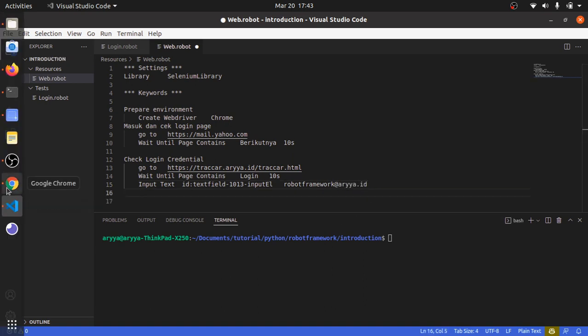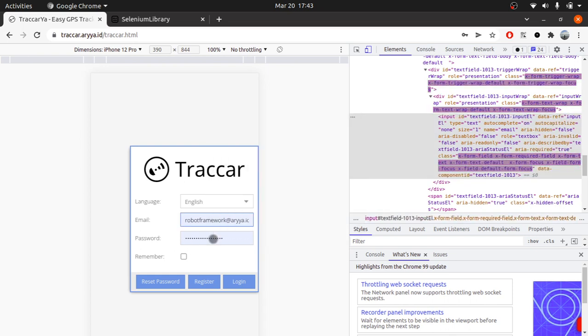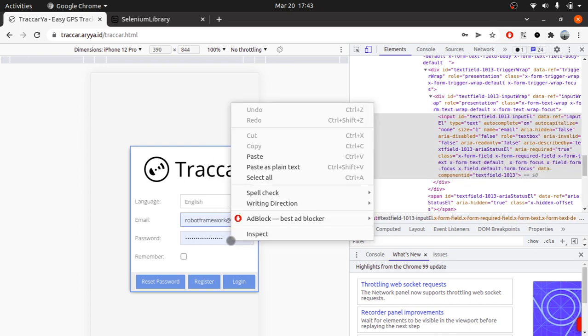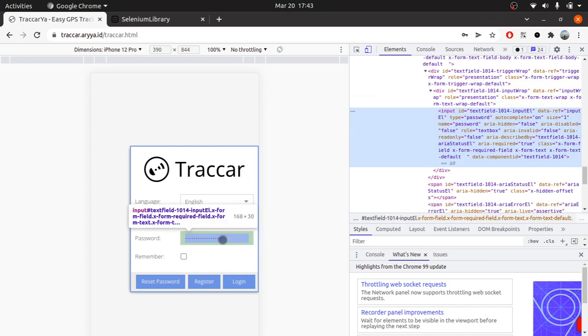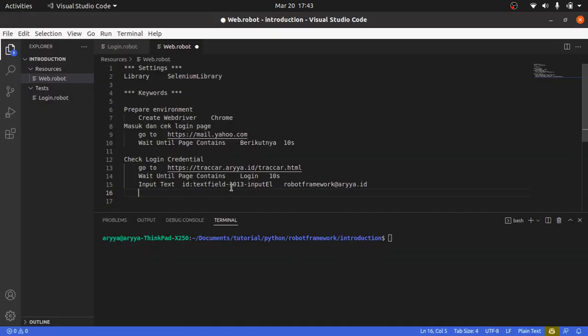The second one is the password. Let's inspect again for the password. The text field is this one, Input Text, also using the ID. Let's add, say, some wrong password, test field.